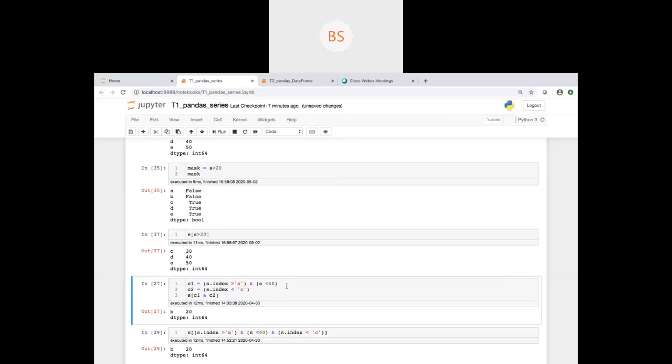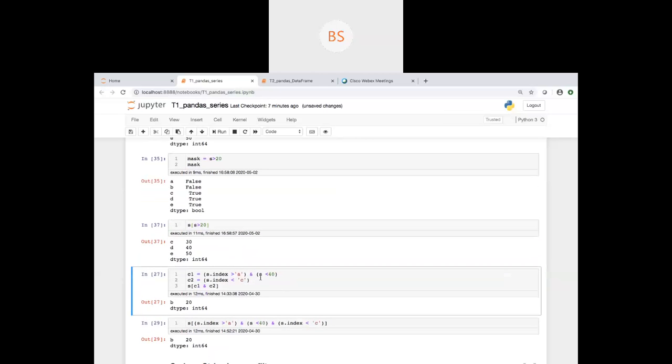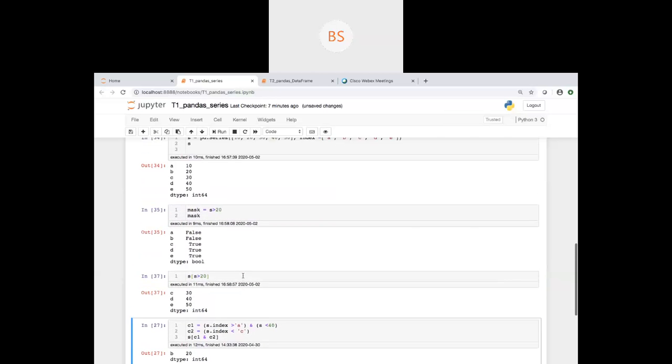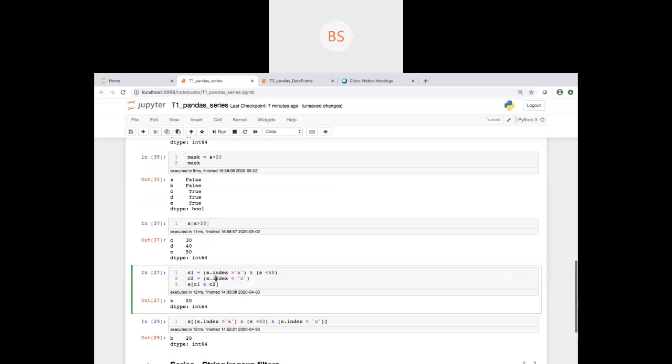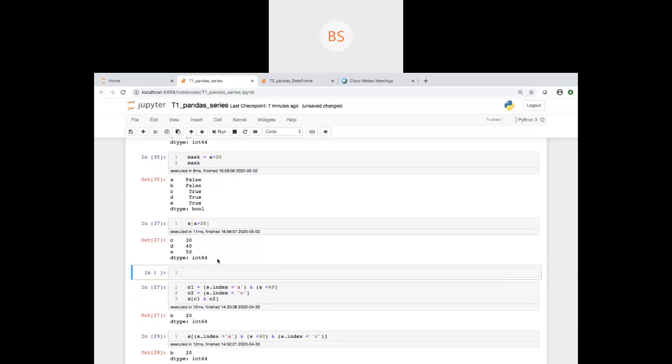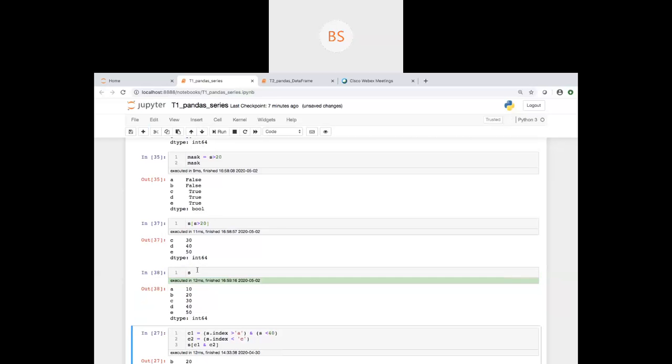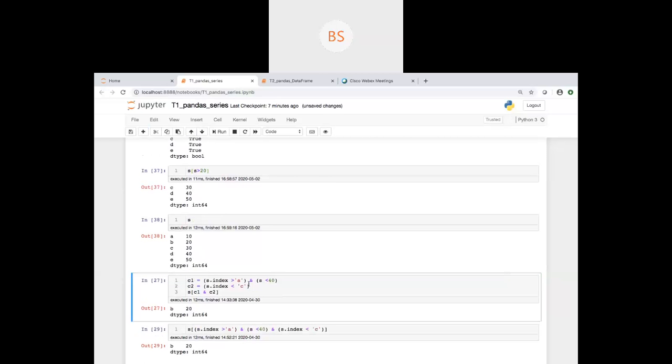Now, let's say I have something a little bit complicated. Let me print the entire series before this, because I have to scroll up. So what I want to do is print the index which is more than a. You know Python, you can do this logic conditioning on Python also.